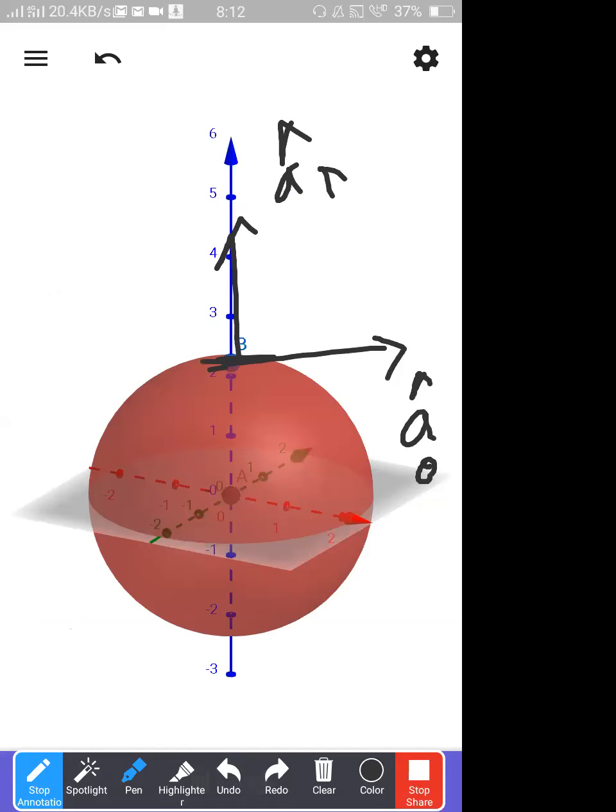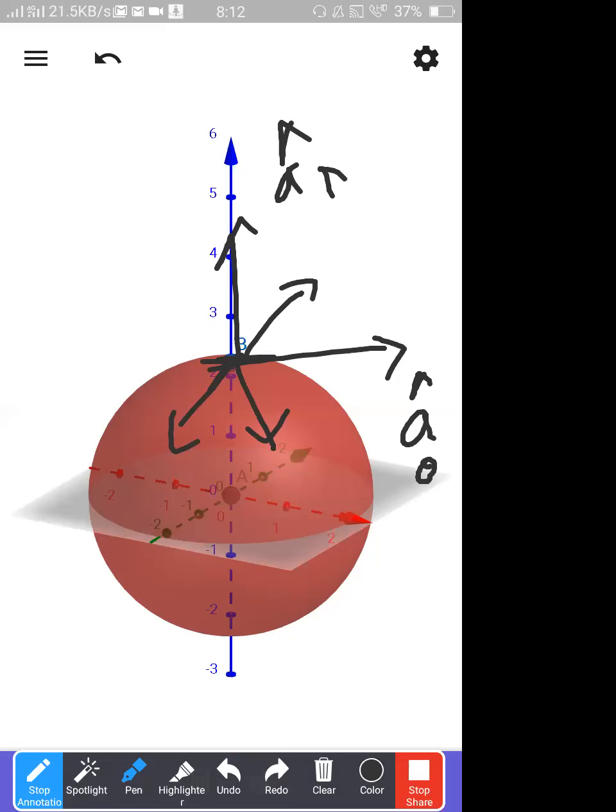One more thing. In this case, a theta can be in any direction, because you have chosen exactly theta at 0 degrees. That is the main problem. Once you choose theta equal to 0 degrees, you can draw the tangential component in any way. That is the nature of a theta in this case. Okay, r comma theta comma phi.